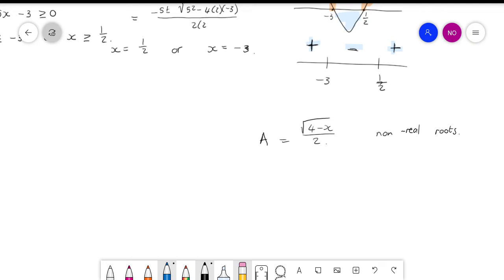So in other words, the only thing you have to do there is you have to say, if this is smaller than 0, I will have non-real roots. So that's the only thing you write down. You just say 4 minus x smaller than 0 will give you non-real roots. And then you just solve for that. Luckily, that's a very easy inequality to solve. Okay, so